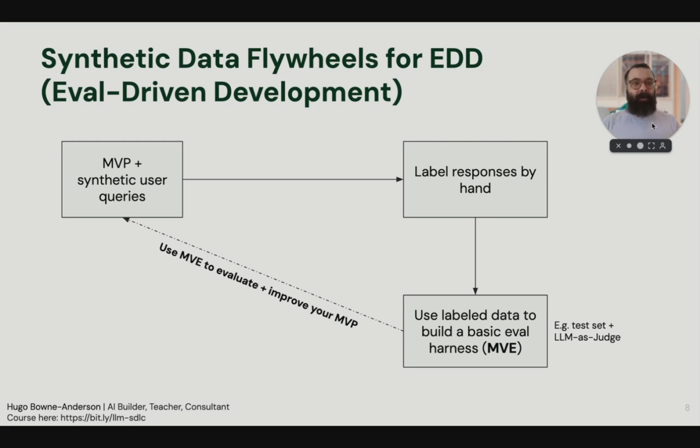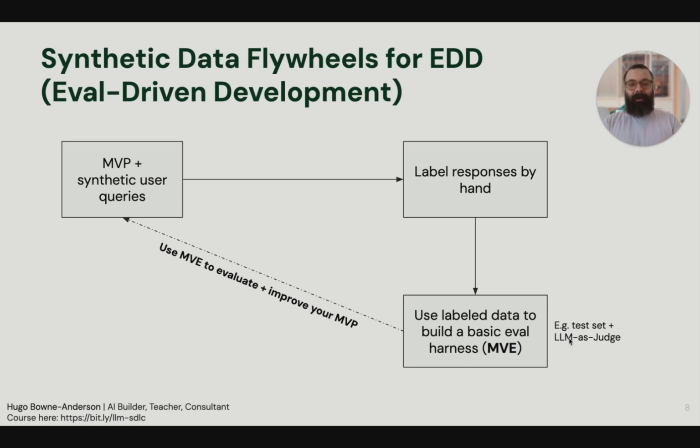Was this response pass or fail? Give a reason why, okay? That's labeled data. You can use this labeled data to build a basic evaluation harness. And that term, like LLM as judge, seems a bit serious, people are like, whoa. All an evaluation harness is, is a script which automates evaluation where you check for certain things that you want and see what performance is like, and we'll see what